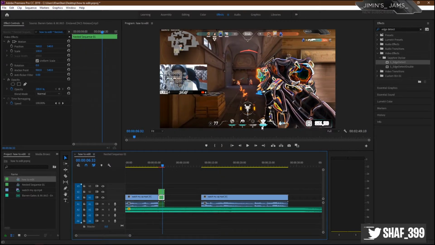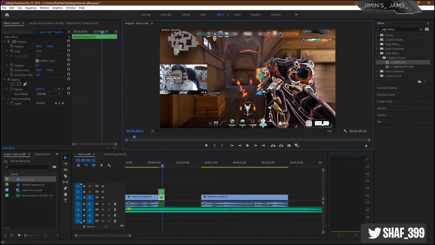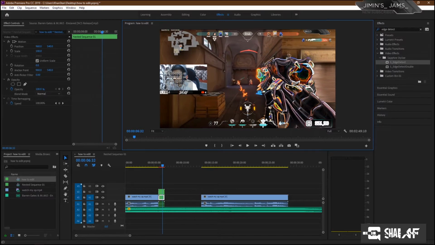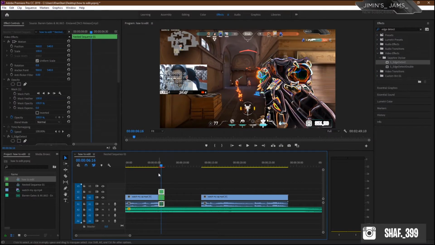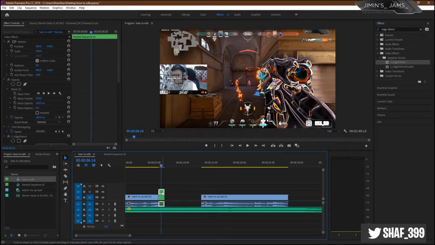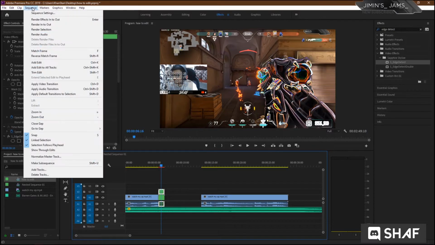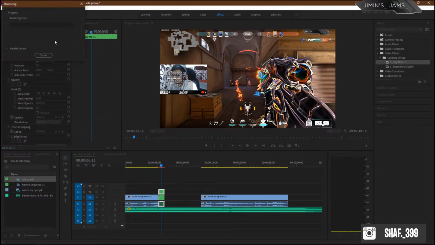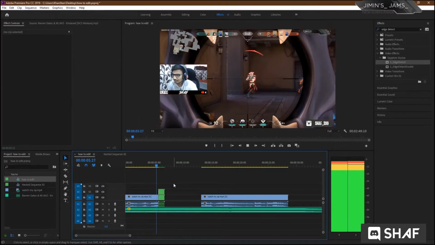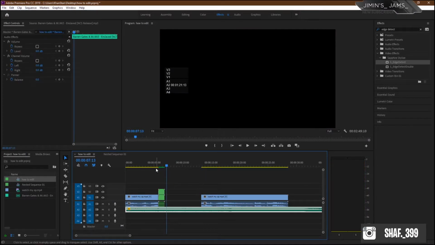You don't have to spend hours masking every single frame. It is perfectly synced on the gun. If you want to check how you added the effect, select the clip on which you have added the effect, click on sequence and render selection. It will render the video and you will be able to preview your video quite smoothly. See, perfect.